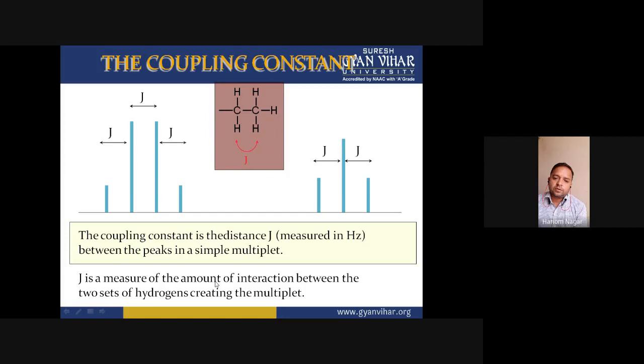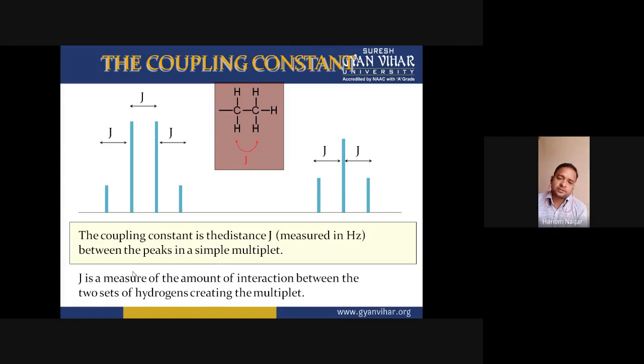As much as the interaction between two protons increases, the distance between two peaks increases. The distance between two peaks is directly proportional to the amount of interaction between the two sets of hydrogens, meaning two non-equivalent